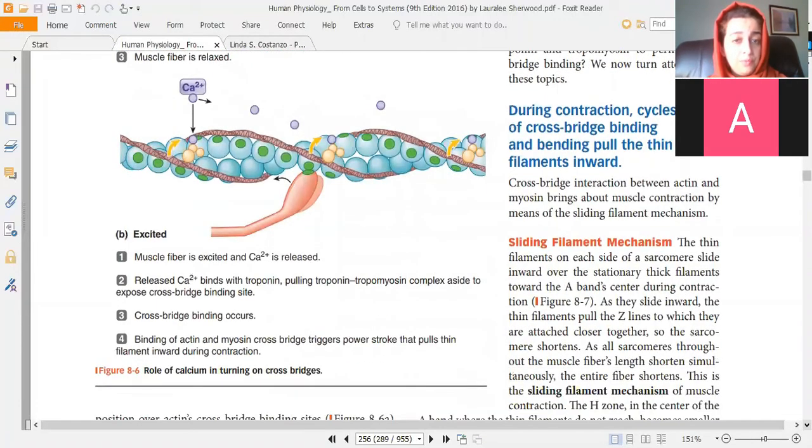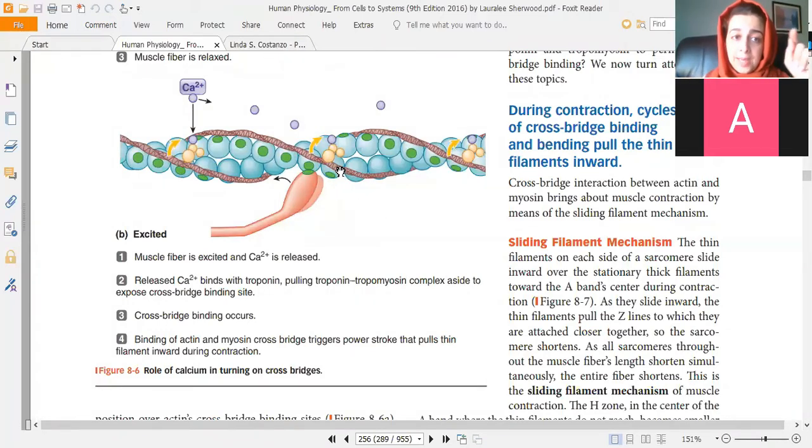So next, when there is excitement, and what do I mean by excitement? I have decided to bend my arm. So the motor area of my brain will send impulses down the motor neurons, down the pyramidal tracts into the spinal cord. Motor neurons will be activated, which supply the skeletal muscle. At the neuromuscular junction, there will be activity, and an action potential will spread along the nerve membrane and the T tubules, and there will be release of calcium inside the sarcoplasm. That is the key, release of calcium.